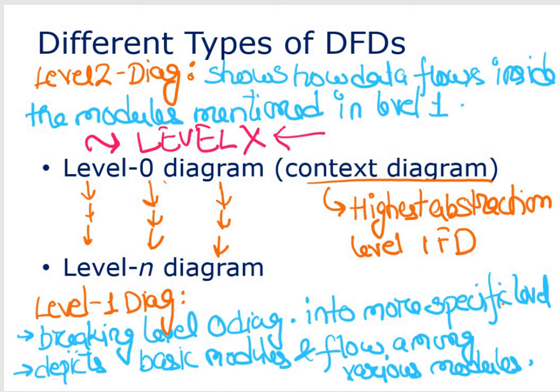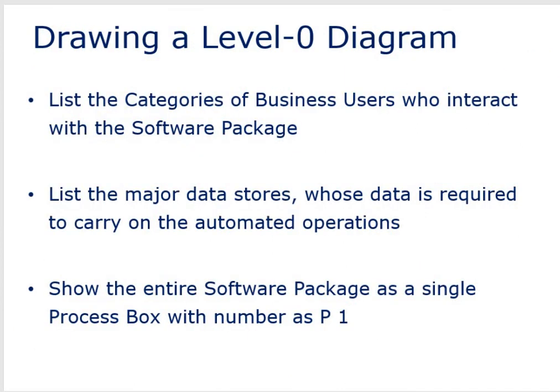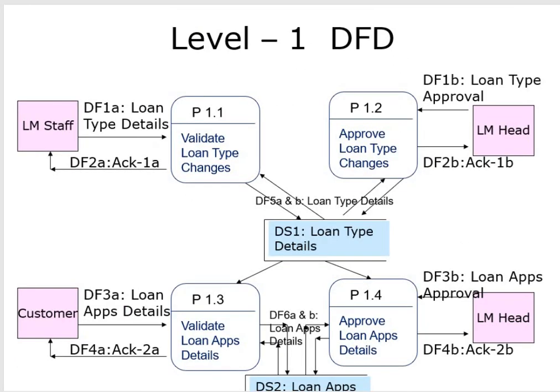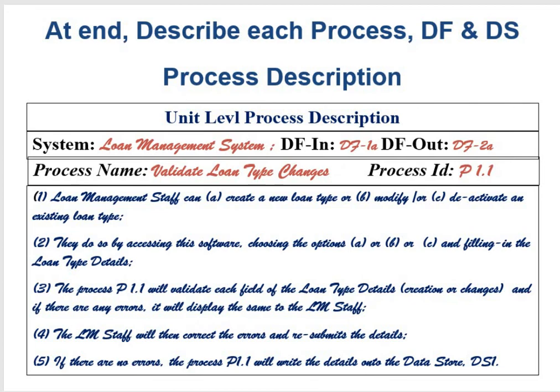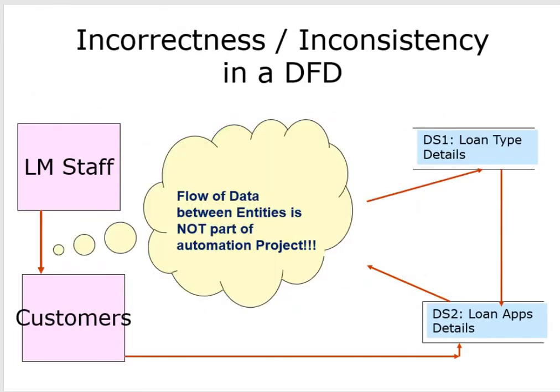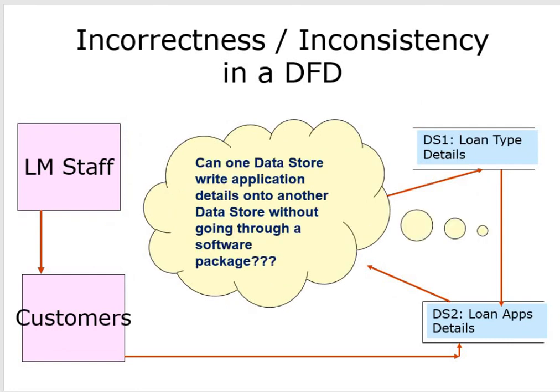Right, so this was all about your basic idea about data flow diagrams. In our next video, we are going to talk about level 0. We'll see some examples of level 0, then we'll look into level 1, and then we'll look into your process description. We'll talk about data flow diagrams. We'll take some more examples and we'll move ahead further. So, see you.